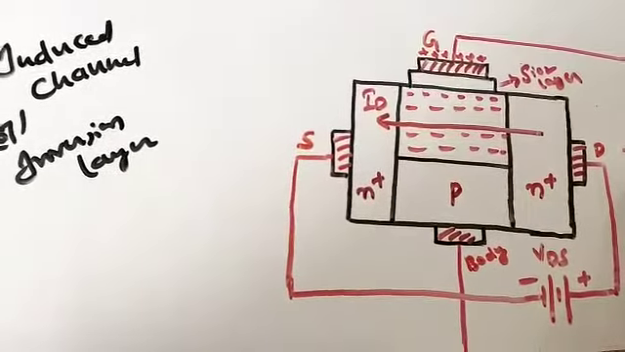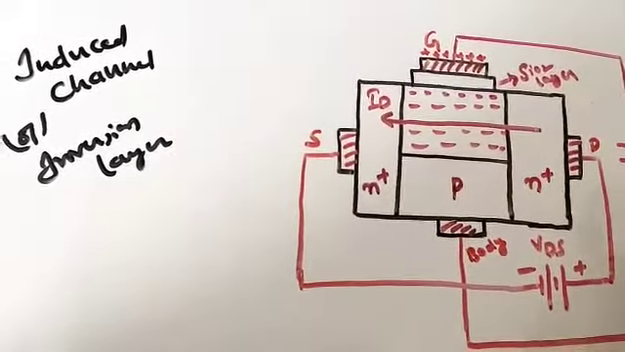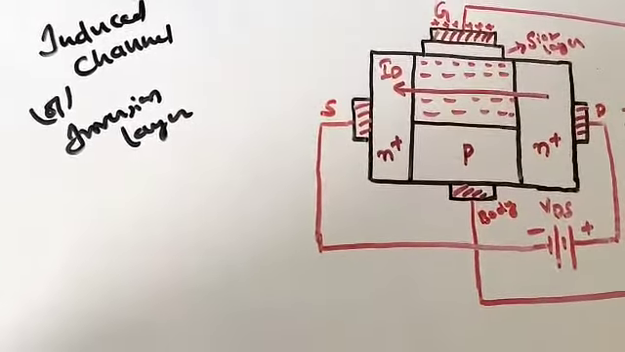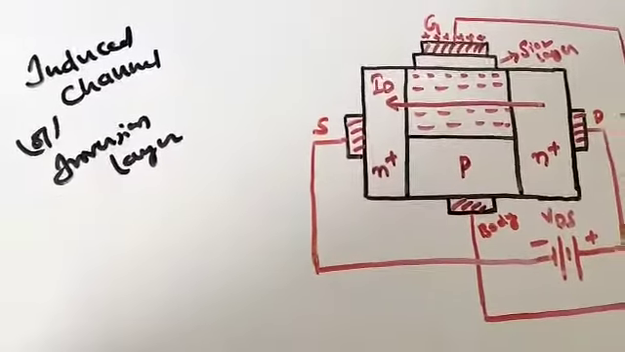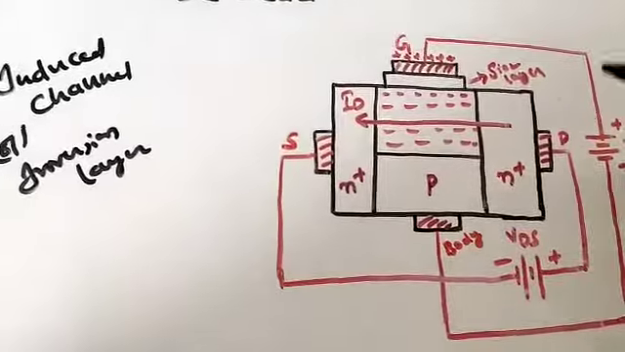We should increase what? VGS voltage. Hence this power MOSFET is called as what? Voltage control device. So initially what we are going to do, we are going to give